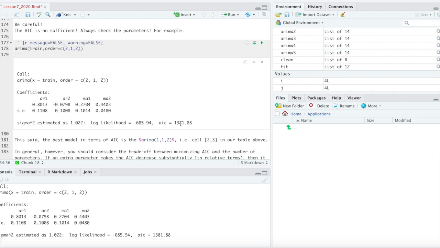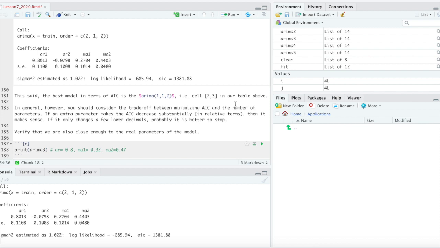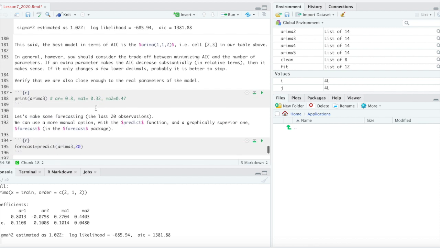Moreover, in using the Akaike information criterion, remember that there is a trade-off between the value of the criterion and the number of parameters. Remember that we want a parsimonious model, so always choose your model wisely, because it makes no sense to look for the mere minimization of the Akaike if, in order to get that, you have to use a lot of parameters and every step is just a ridiculous amount of decimals in the decrease of the